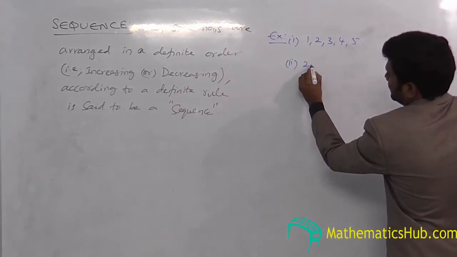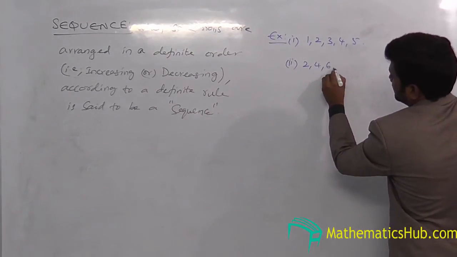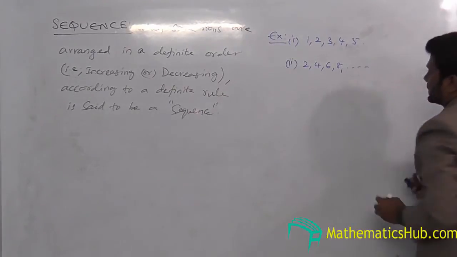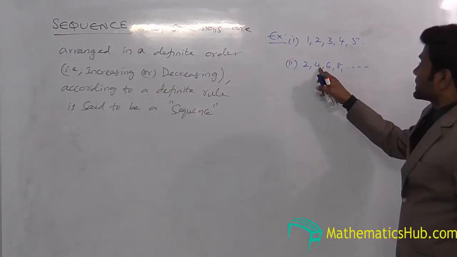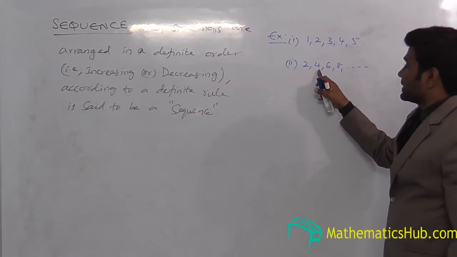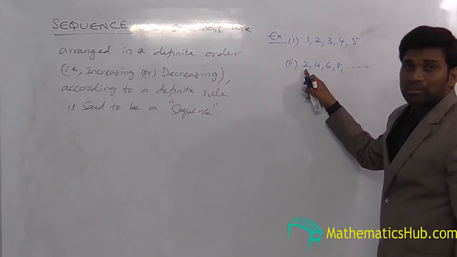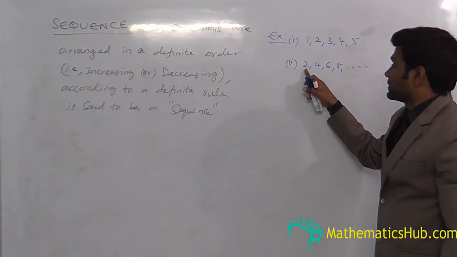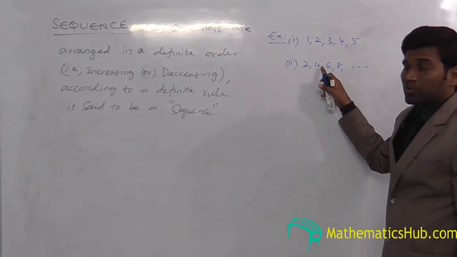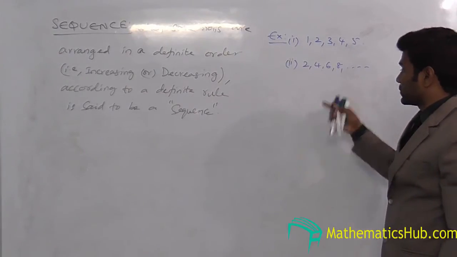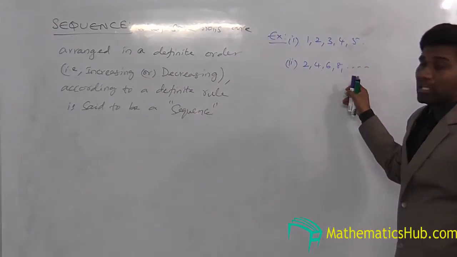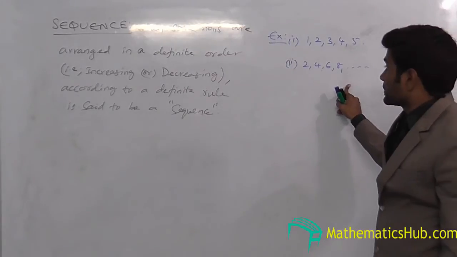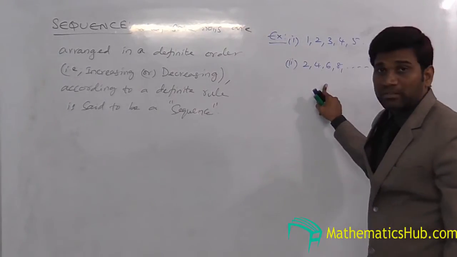See another example: 2, 4, 6, 8 and so on. In this, each succeeding number is obtained by adding 2 to the previous number. That is 2 plus 2, 4; 4 plus 2, 6; 6 plus 2, 8 and so on. So clearly it is also a sequence. If you observe both the sequences,